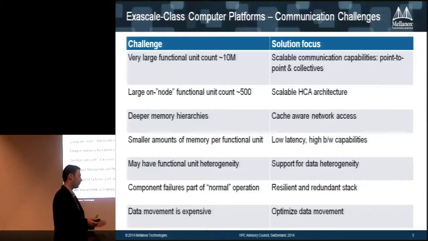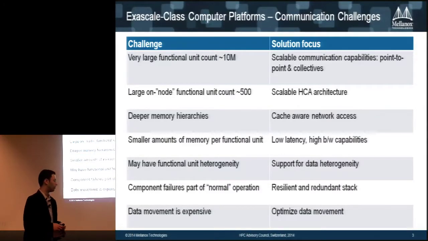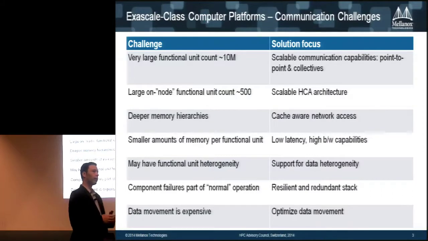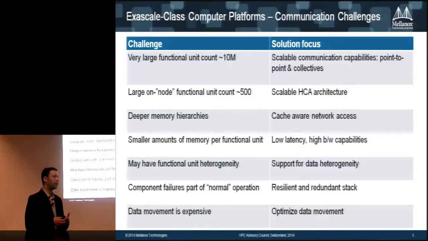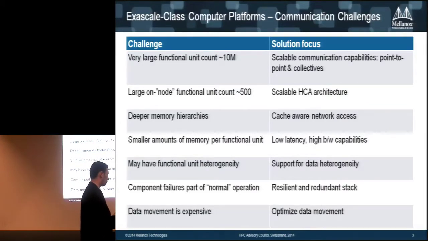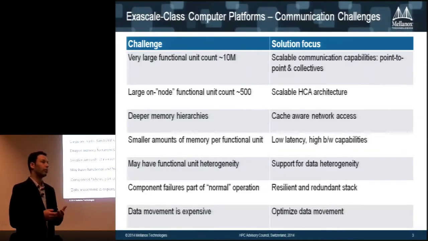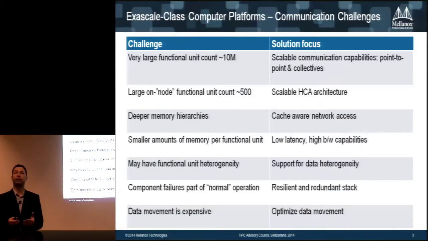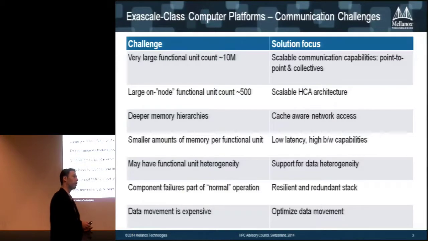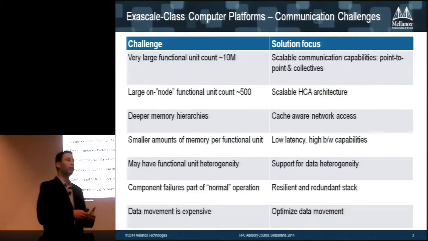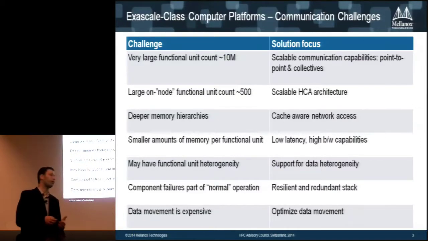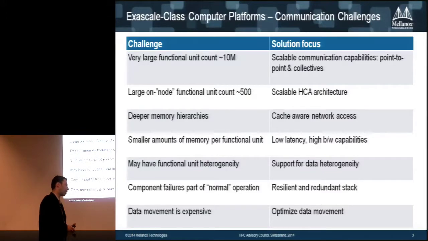The next thing is that there is consolidation of units. There are more and more cores in CPUs and in GPUs. So at a single networking point, the pressure is becoming more and more on the scalability of the HCA, the network communication, to be able to handle that many units and to work efficiently with all the concurrency, both of the local operations that are needed as well as the remote operations. And that number continues to grow, especially if you're sharing an adapter between multiple GPUs and multiple cores on the node, and their number keeps increasing.